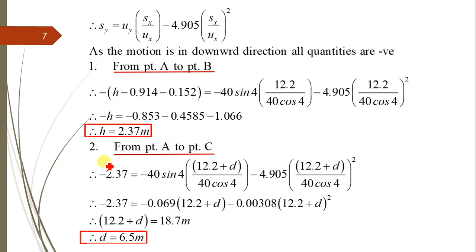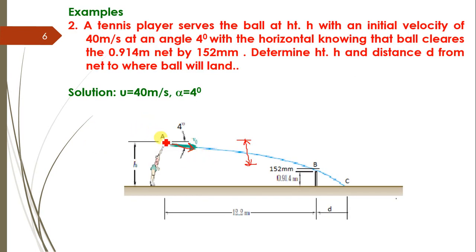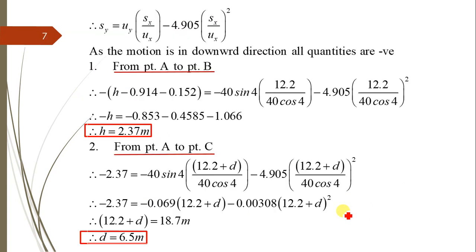2.37 meter. Now next, to find the value of small d, we are considering the motion from point A to C, so we apply the trajectory equation from A to C. Here the vertical displacement is the total height h, the vertical difference between A and C, and the horizontal displacement is 12.2 plus d, that is the Sx. So here Sy equals the height h, that is 2.37, and as it is a downward motion, equal